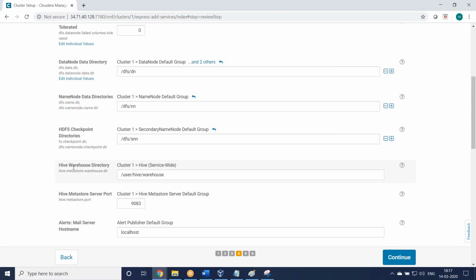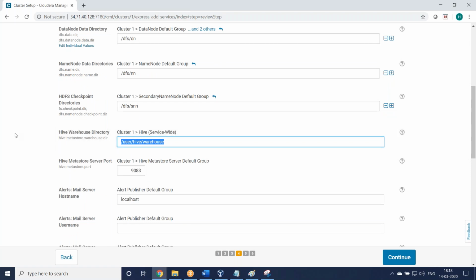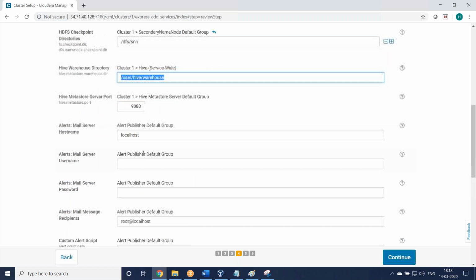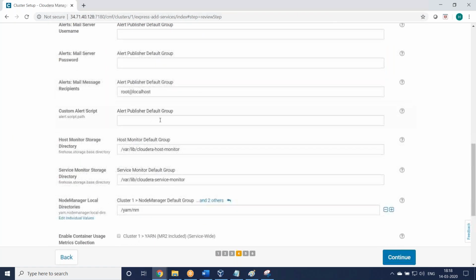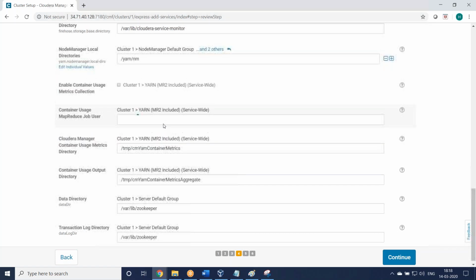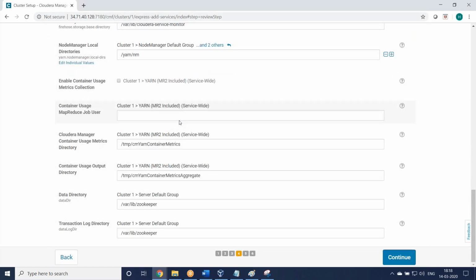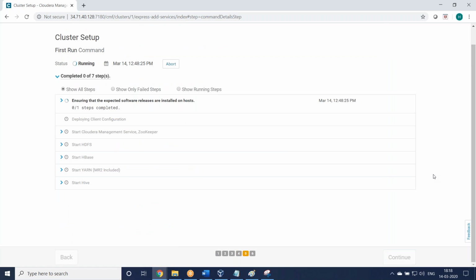You see, Hive we discussed, right? What is the default location? /user/hive/warehouse, like this. All port numbers, metastore port, every number you can find, all the values. You can find a lot of settings. Then after install, service wise also, we can see the different properties. So these are some basic properties they're asking. Review it. Okay. So continue. We don't want to change anything. Continue. Now starting the cluster setup.